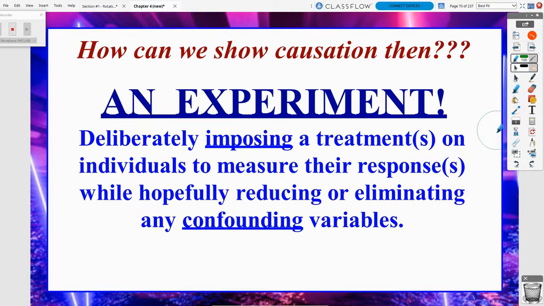So how can we show causation and not necessarily a correlation? We're going to have to step up our game. And to do that, we're going to have to take an experiment. So an experiment is where we will deliberately impose a treatment or maybe treatments on individuals or subjects in general to measure their response or responses, depending on how many response variables we have, while hopefully reducing or eliminating any